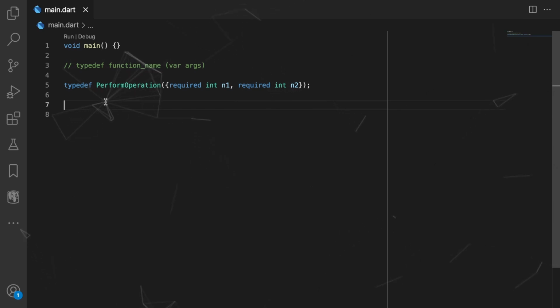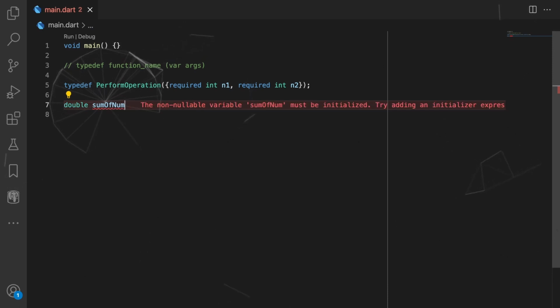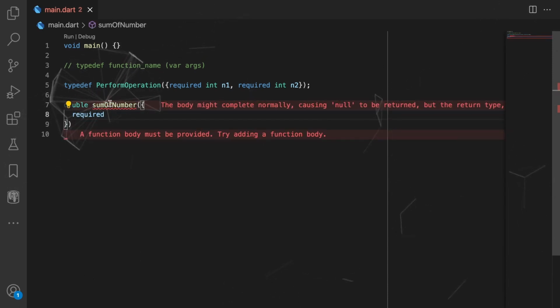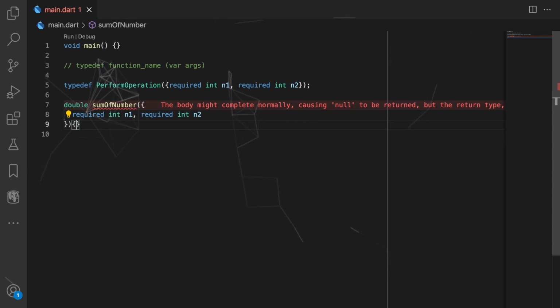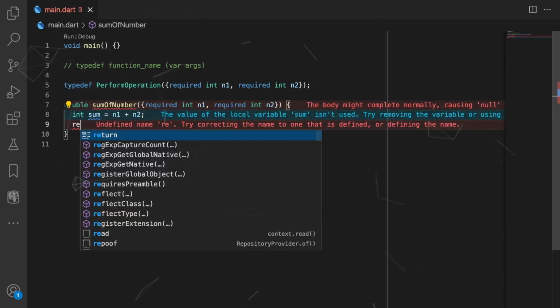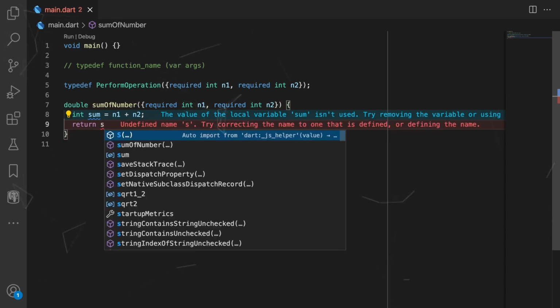For that purpose, I'll simply say double sumOfNumbers. The following sumOfNumbers will be requiring two different arguments. So let's copy it everywhere, the same syntax, just like this. This will have an integer known as sum, and it will simply carry out the addition between n1 and n2 and return us the sum.